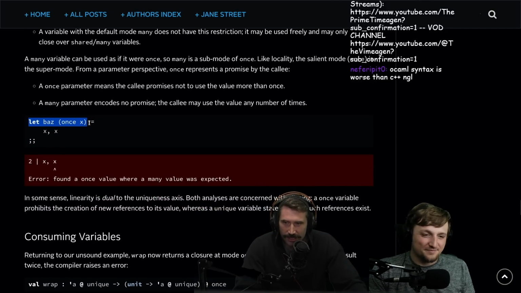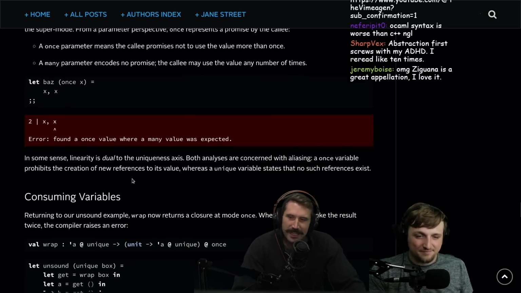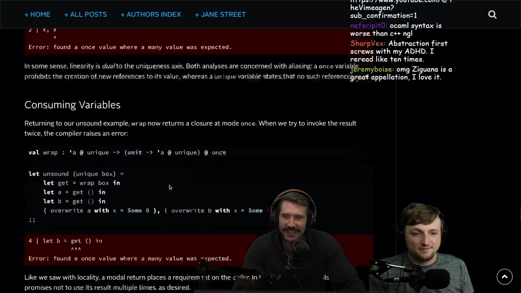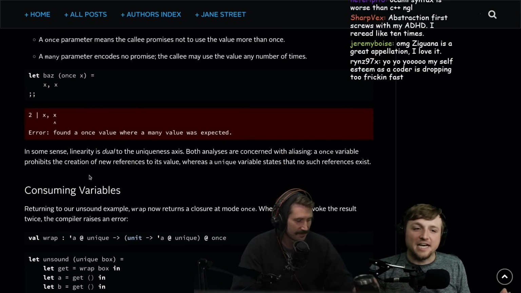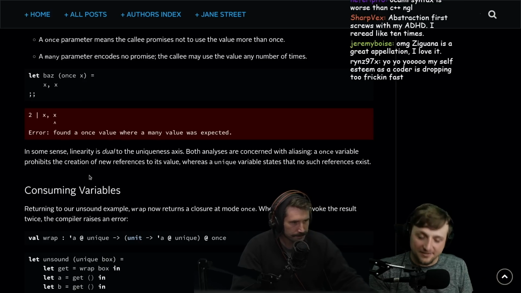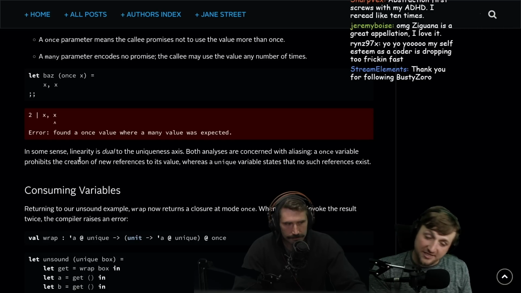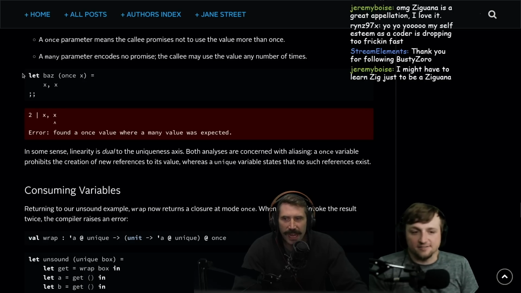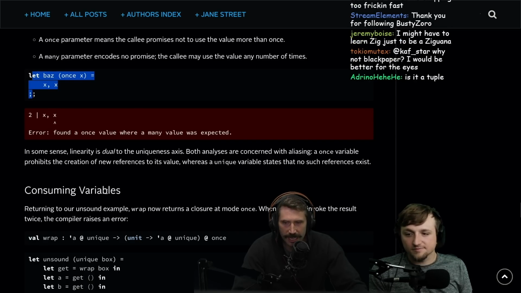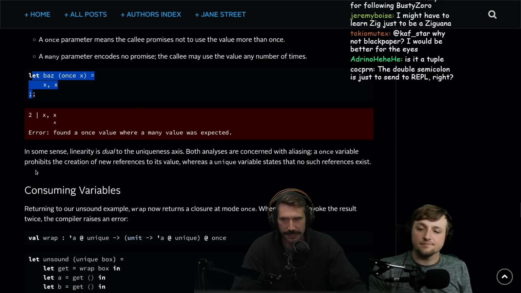Let baz once x x. Okay, you can't do this. Hey, that's kind of cool. Yeah, I'm not sure how I feel about it, but it's neat. So in general, you won't use this very often for function things, and you probably won't have to do it for functions either because it's going to be inferred, just like a bunch of these other things, right? But it's just saying you can only use this value once. It's actually pretty dope to be able to say you can only use a value once. But I could think of very few places you would ever want to do this, except it makes sense for functions. Once you start doing it, you can go, oh, okay, this makes sense.